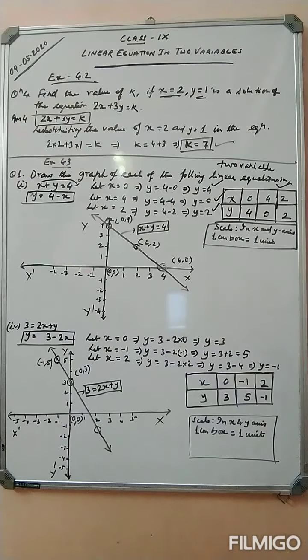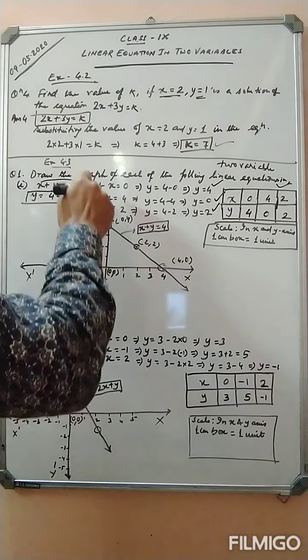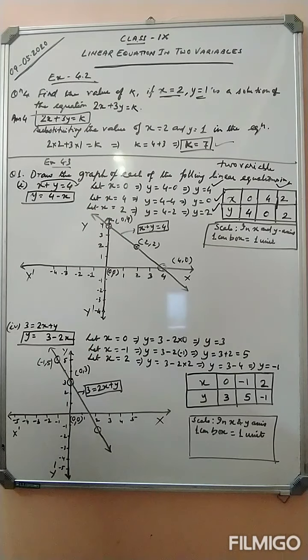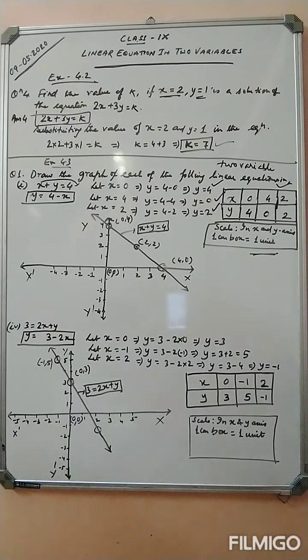Now you have to arrange a graph paper. In that you have to make the x and y axes. Here this side positive, this side negative. So it is x dash on this side, positive, and up and down is y dash, negative. Fine. Now here I have taken 1 centimeter box equal to 1 unit. So always at the top you have to write the scale. In the x and y axes, 1 centimeter box equal to 1 unit. This unit depends upon the question. You may sometimes take 10 units, sometimes 2 units, sometimes 5 units. It depends upon the question. So here I have taken only 1 unit.